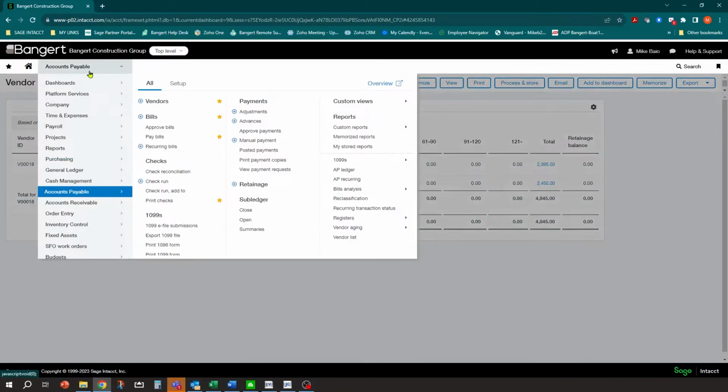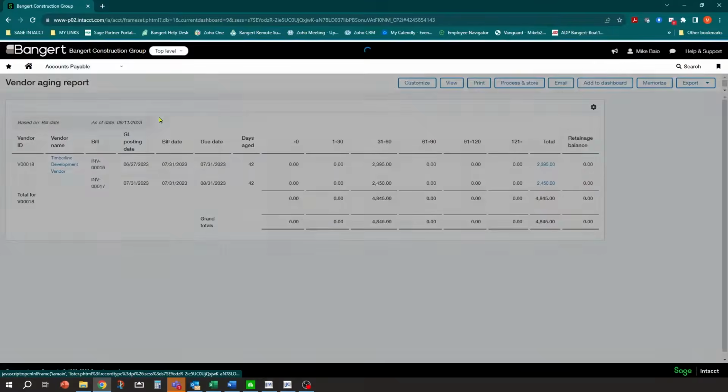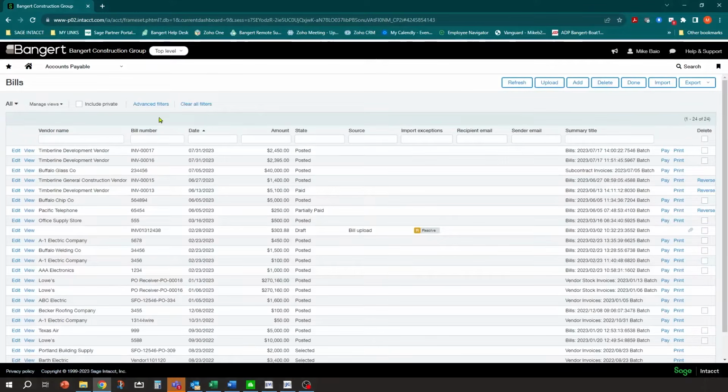So now the other scenario is I have an AP bill and it was generated and created from the purchasing module through a convert function, through a subcontract invoice function. Usually you can tell the difference by them here because number one, it's going to give it a different title. So you can see how it says subcontract invoices. And also you'll notice there's no delete button here. Okay, I can't delete it from accounts payable.